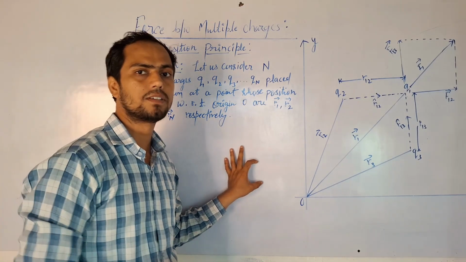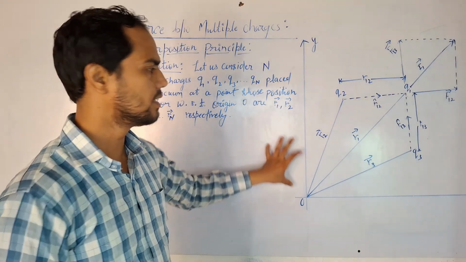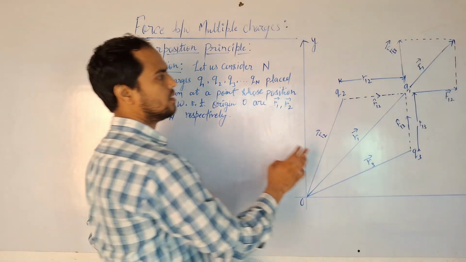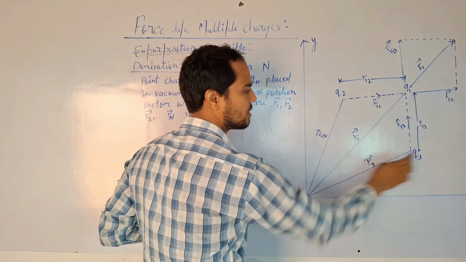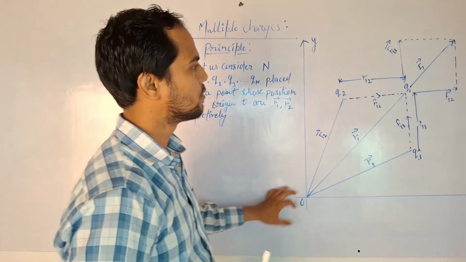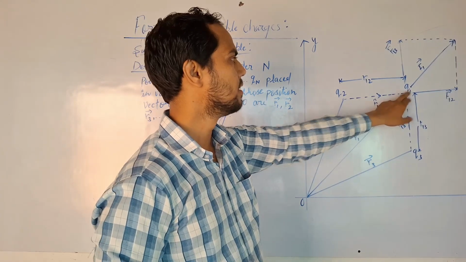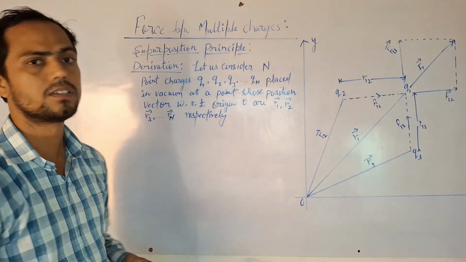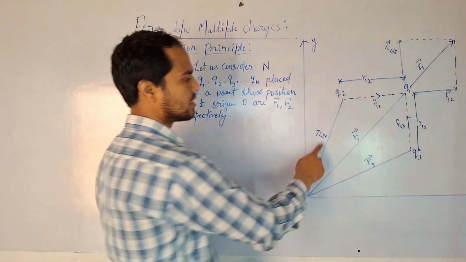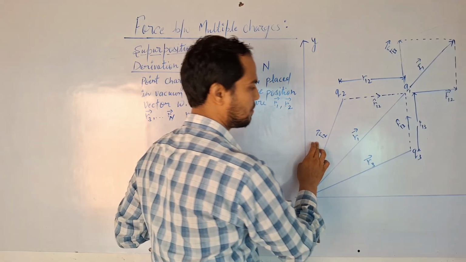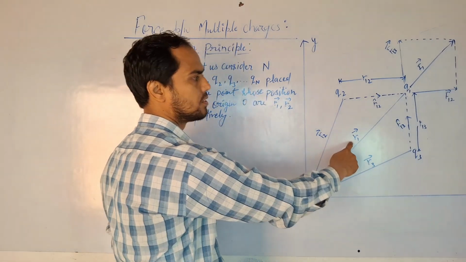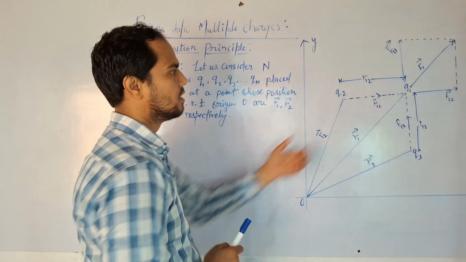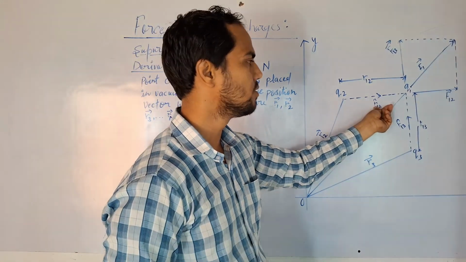Before we derive the formula, we have to understand the figure first. We already considered point charges Q1, Q2 and Q3. Here we have to find the force on Q1 due to Q2 and Q3, and we derive a general formula for the force between multiple charges. This is r2, the position vector for Q2, and this is the position vector for Q1, and this is for Q3, and this is the unit vector r12